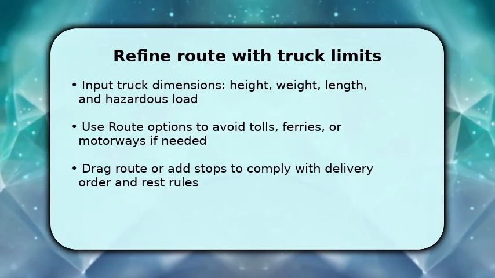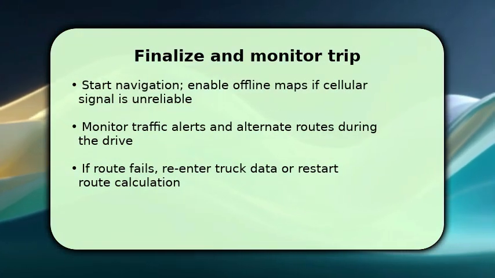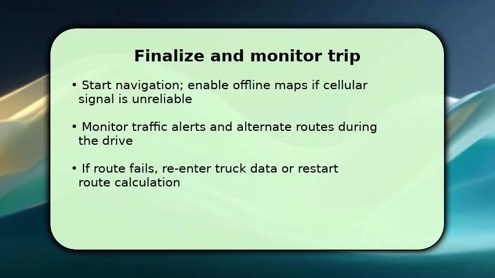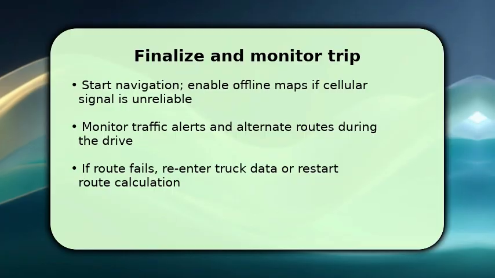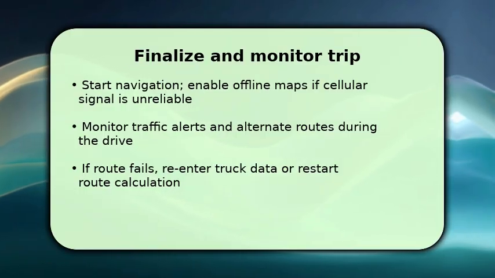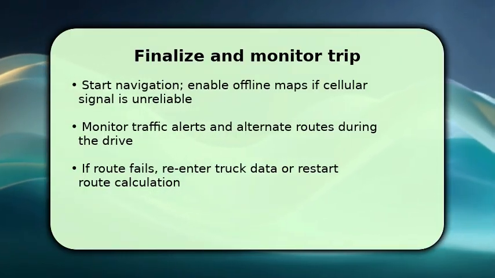Finish by starting navigation and enabling offline maps for the corridor if signal may drop. This preserves your truck settings. While driving, watch real-time traffic alerts and accept suggested alternates when delays or closures appear, because dynamic changes keep you